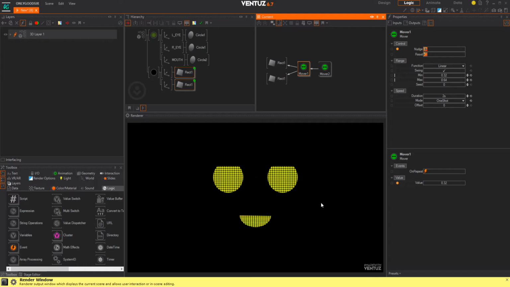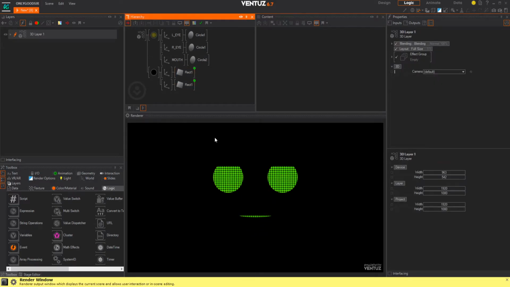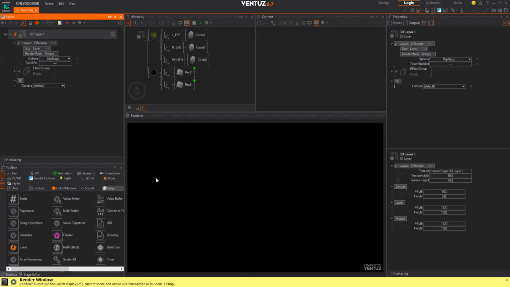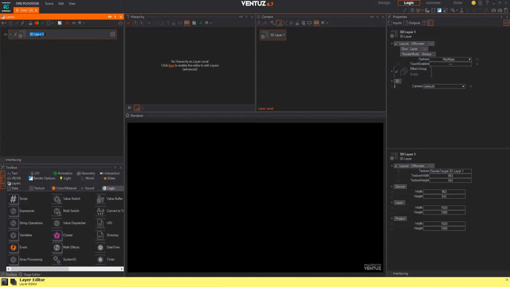So now let's put this on, say, a texture or a face or something, you know, give it a bit more something rather than it just floating in space. So what I'm going to do is go to my 3D layer, and under layout, full screen, where it says full size, change it to off screen render target. So we'll turn that scene into a texture, and this is our face, name that face,